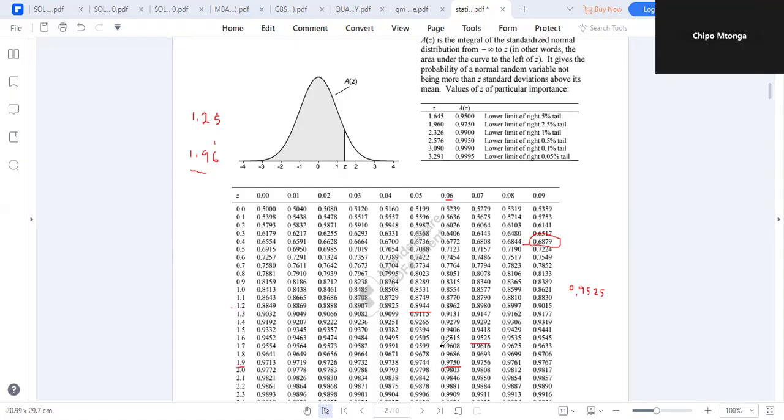1.67. So you went here, 1.6 and 0.07. Are we together? 1.67. Is that clear? Yes, sir. Okay. So that is how we do it. Okay. So we can now go to